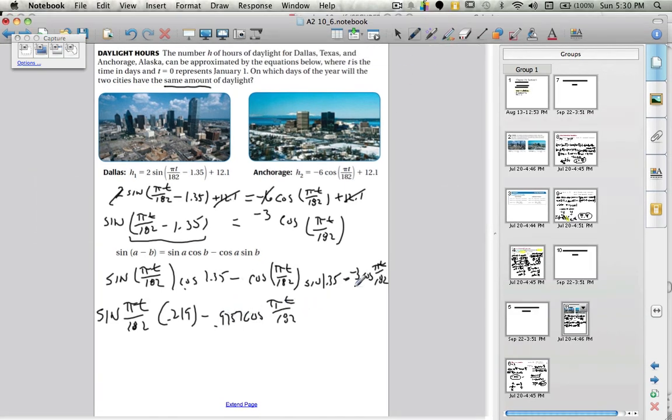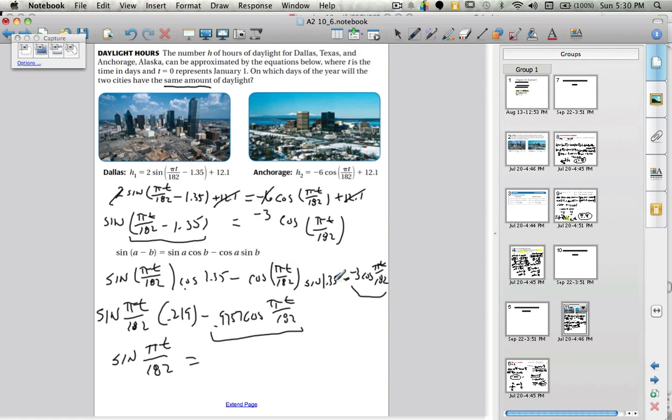Right, and then I'm going to add that, right? These and these are now like terms. So I can add 0.9757. So it's almost 1 cosine of pi t over 182. And I'm going to add it to the other side where there are -3 of them. So over here I'll have sine of pi t over 182